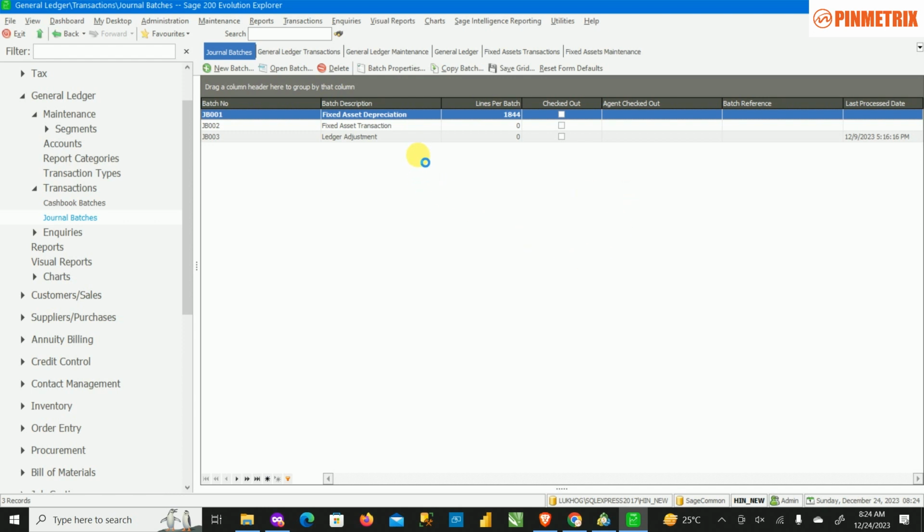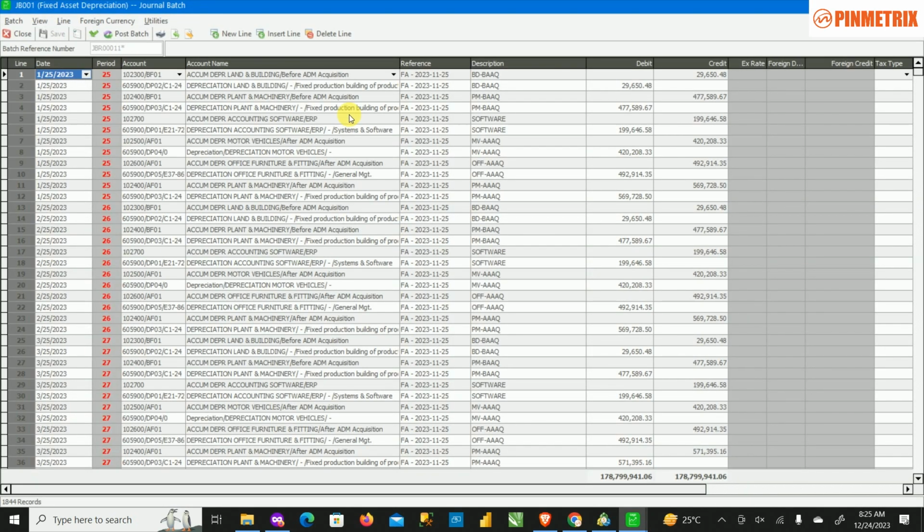So let's launch this as well. I'll show you where that is integrated. When you do a depreciation, you can see there are two journal batches here. We have one for depreciation and one for asset transactions. So for asset transactions, maybe you are making some kind of revaluation, impairment, or sales or scrap, that ledger account goes into that particular journal batch. That transaction goes into that ledger batch. But for the aspect of the depreciation,